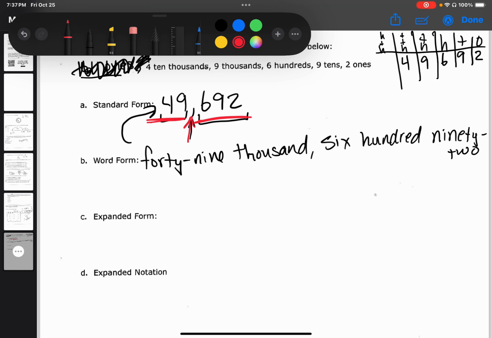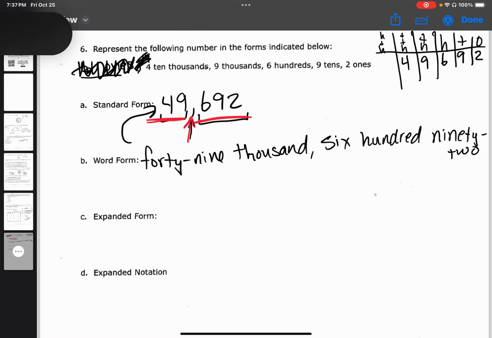Okay, expanded form. Expanded form is not new to students this year. They started doing that last year. They may even, they do it a little bit in first grade too. Expanded form is where we break the number down and expand it. We make it bigger by showing the value of each digit. So we'll start with the 4 first. The value of this 4 is 40,000